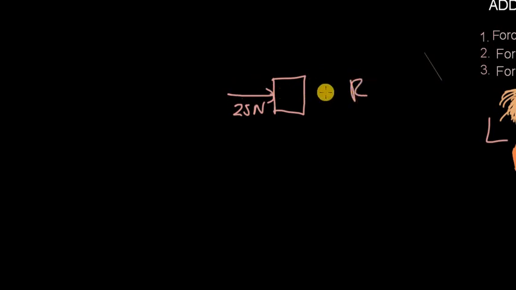Okay, this is the direction, and your brother is pulling that box towards the right, but with a smaller force, 10 newtons. You are pushing it towards right, he's pulling it towards right, so both the forces are acting towards the same direction, that is right. This arrow faces right, this arrow also faces right.